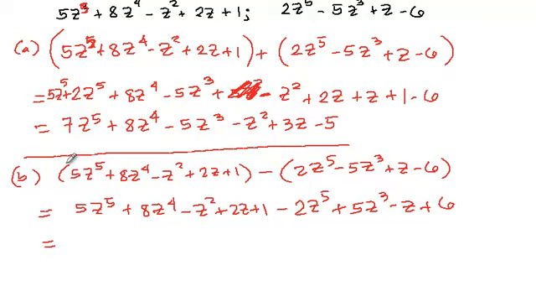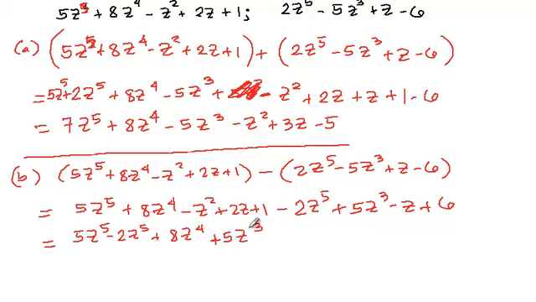Then, again, the same thing, we collect the terms with z to the fifth. So that will be minus 2z to the fifth. Then the next is z to the fourth. Is there anything with z to the fourth? Followed by z cubed. We have z cubed here, plus